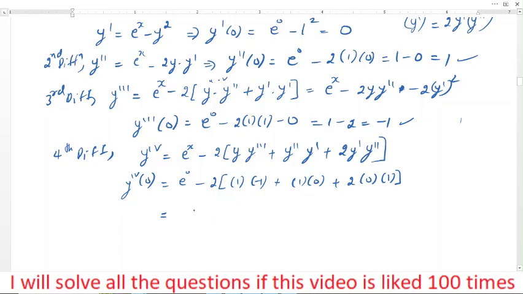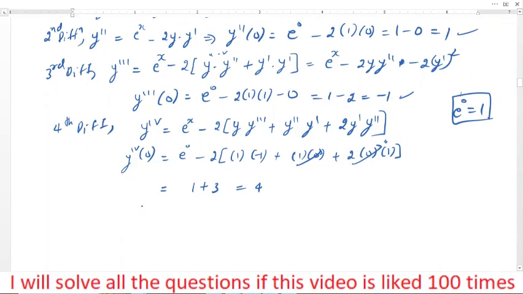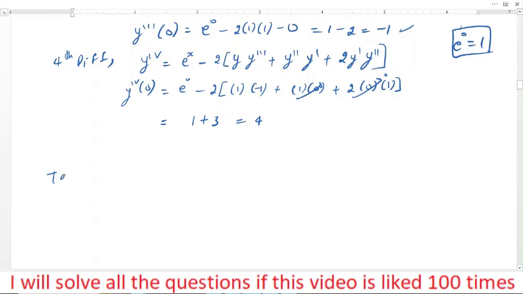So after simplifying, what we get here, friends? Y raised to 4 is 1 plus 3, which is equal to 4. This is 0, this is 0. Minus into minus will become plus 2, and this is e raised to 0 is 1. Please remember, e raised to 0 is 1. So now we'll substitute in the Taylor series expansion one by one. Taylor series expansion, here we have